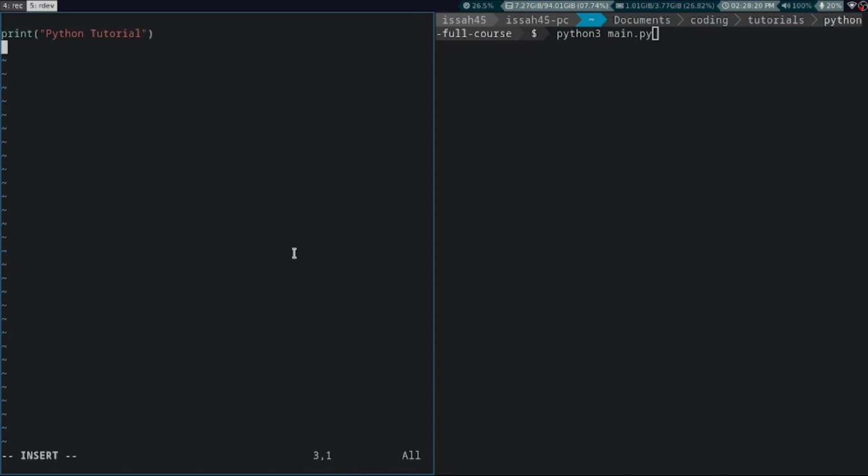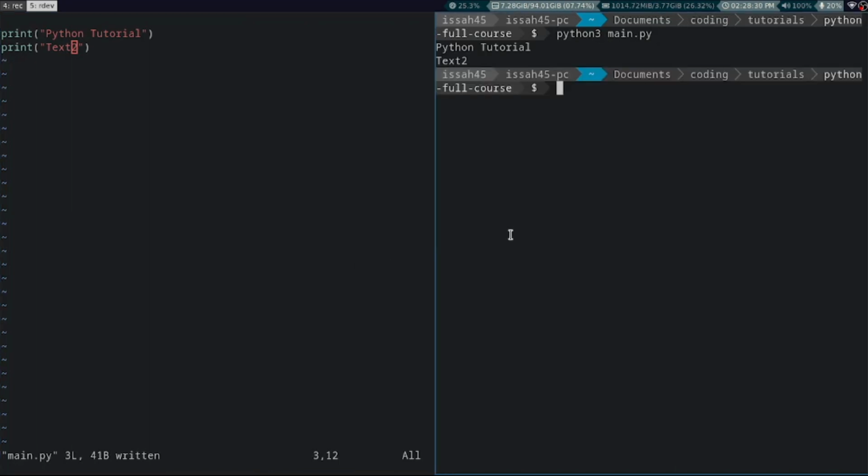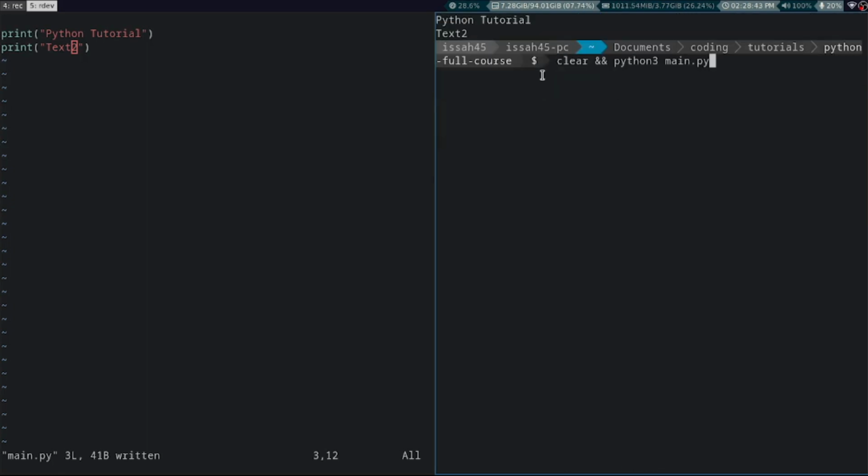We can have multiple print statements if you want. I'm going to print text 2, and then write python3 main.py. It's also going to say text 2. And just put clear before this python3 main.py, so it's going to clear the terminal before running the Python program. So anyways,